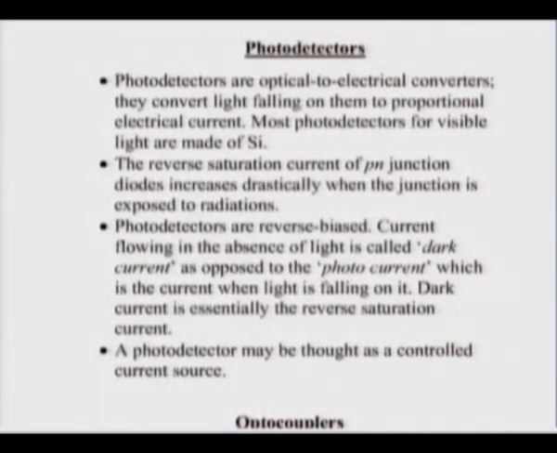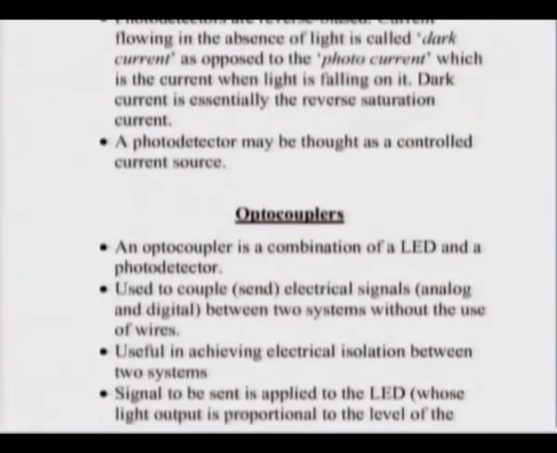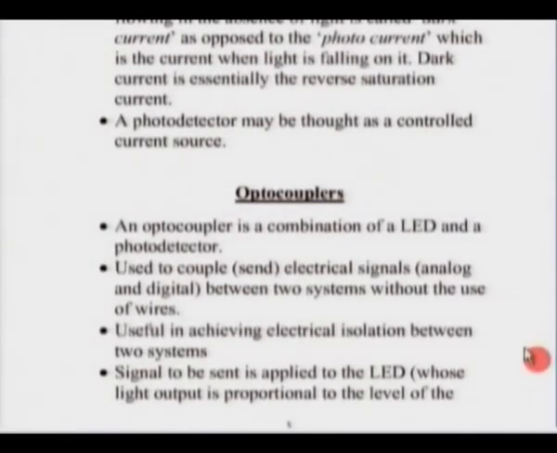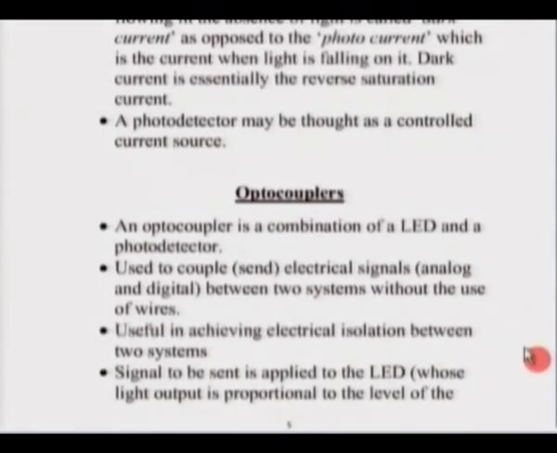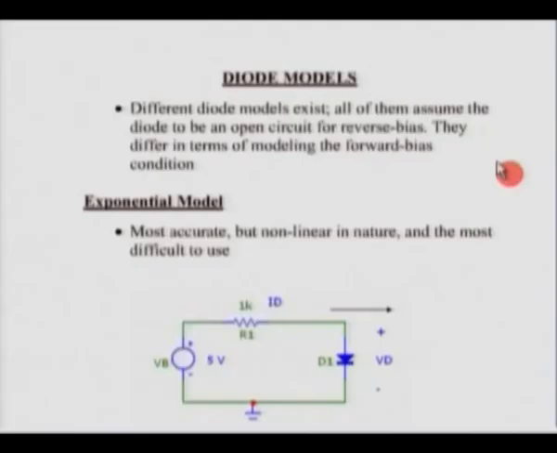And we talked about another interesting device which we could even make in a lab easily, which is called an optocoupler, which is made out of an LED and a photodetector, and which can be used to couple a signal from one system to another system. When you talk about system, we are talking about maybe major equipment, maybe taking a signal from a very big equipment to a PC. In some scenarios, we cannot directly take it, because the grounds may be at different potential, and this optocoupler is a device which helps us in such a situation to achieve electrical isolation. We also talked about